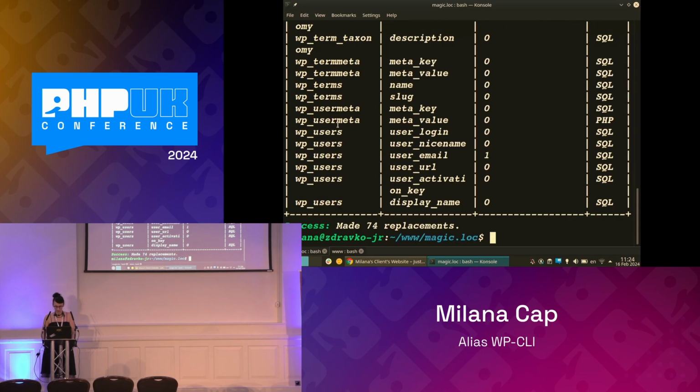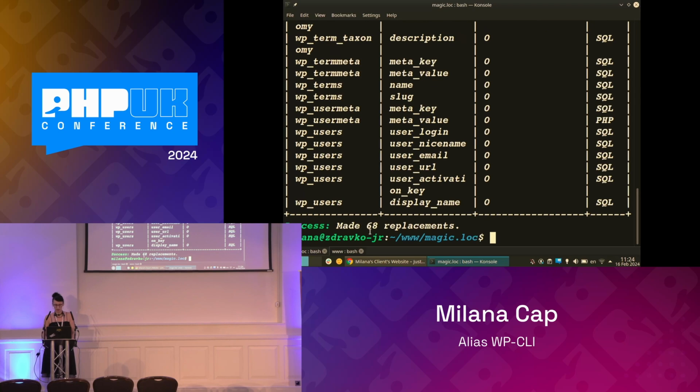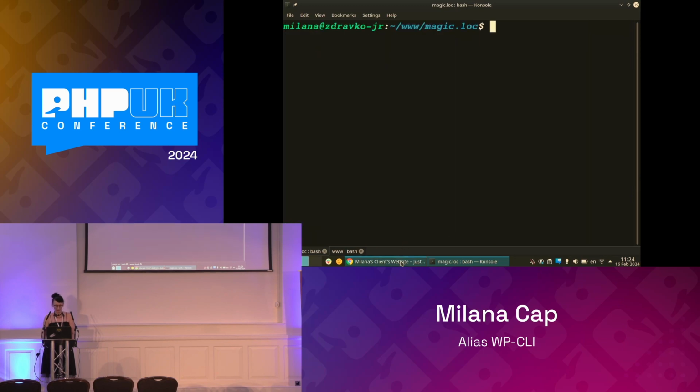So it made 74 replacements, and now I'm gonna replace the protocols. The reason why I'm doing this separately is because it's not the same number, and sometimes things don't get replaced, so you see it's 68 replacements. So you can miss some if you do it right away with the protocols and domain names. And now it should be fine,